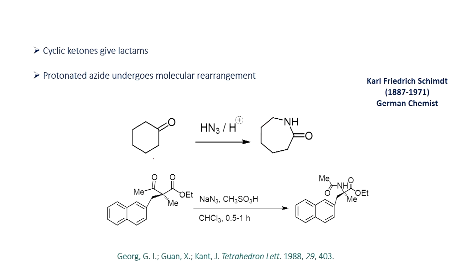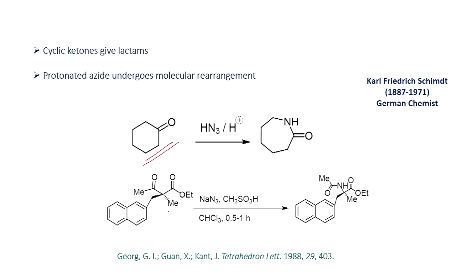So, if you take, for example, we have seen the reaction with carboxylic acid. If you have the carboxylic acid, you can try to react with HN3 in the presence of acid to give the acyl azide. Alternatively, you can also try to react with other carbonyl compounds. For example, here the reaction of ketone is shown, as we have seen, and if you have the ketone, that also can readily undergo reaction